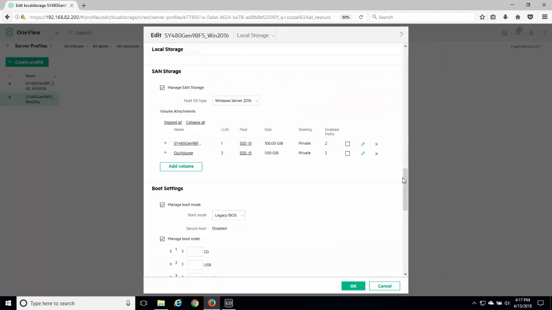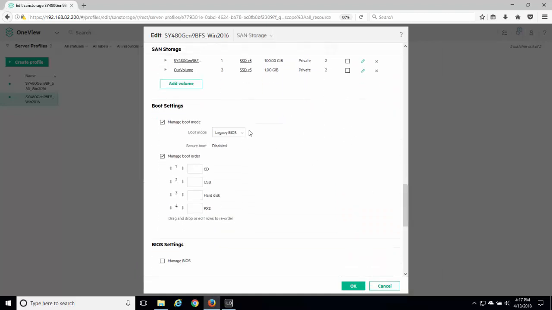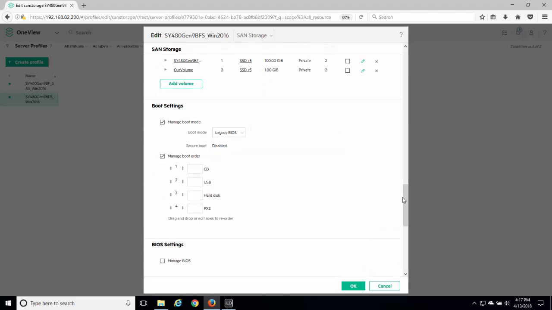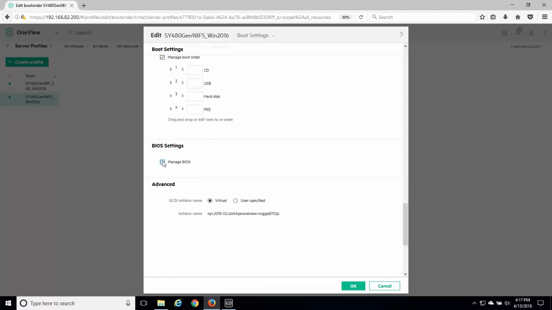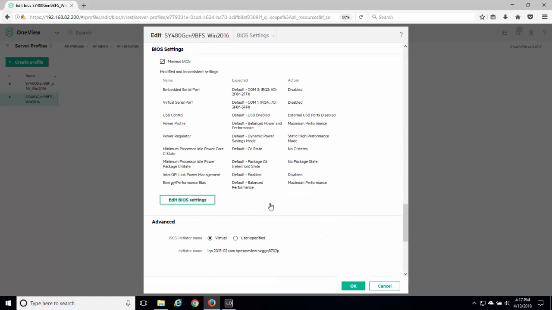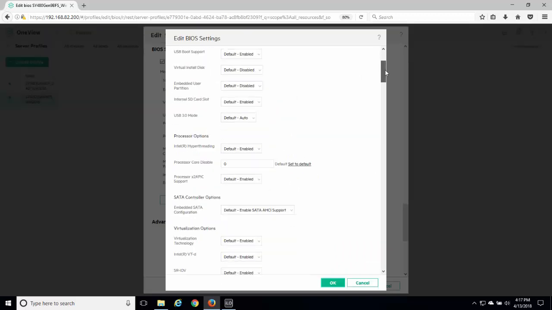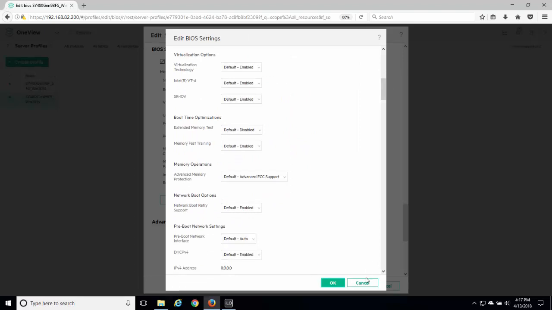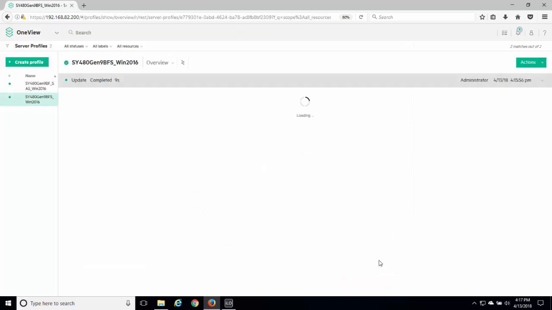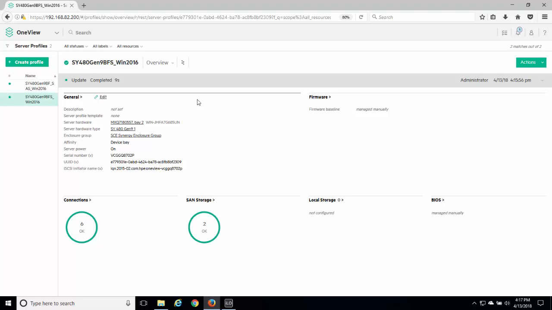So other things I can manage, certainly I could manage boot mode, legacy or UEFI, boot order. Certainly the large settings that you can find within a BIOS can be edited, as well as some other advanced options. All right, and this is a software-defined entity, so this is movable because there's no local storage within those compute modules